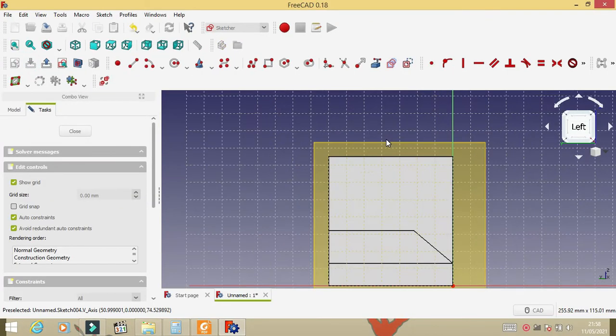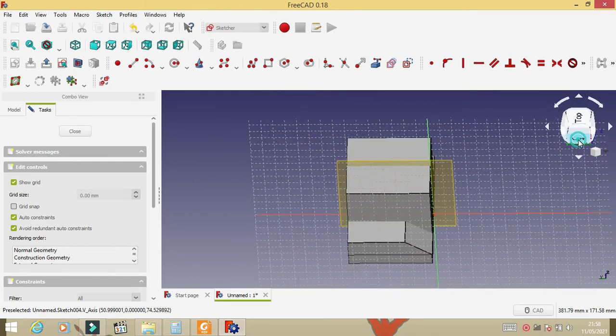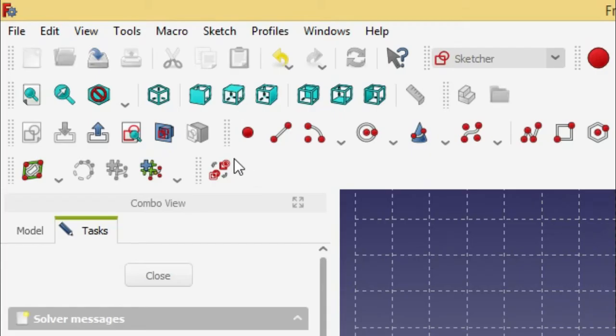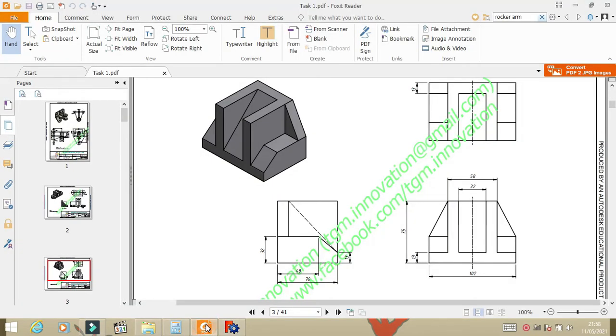Click sketch and then click section view.